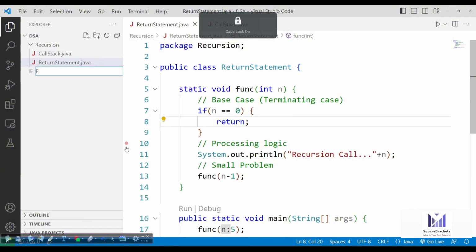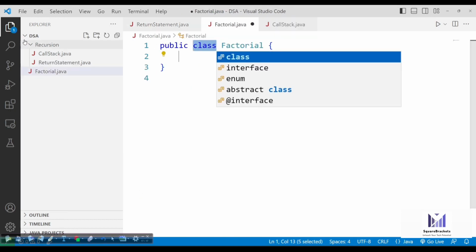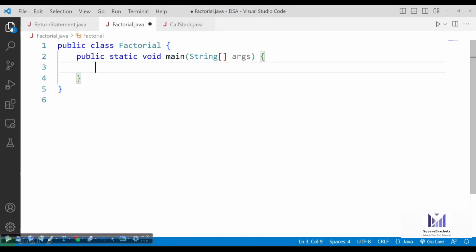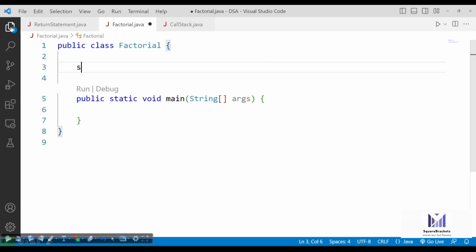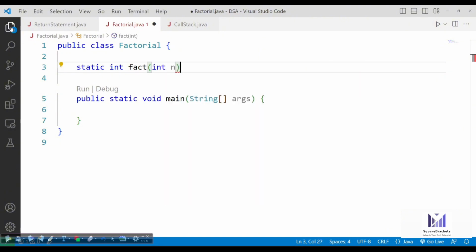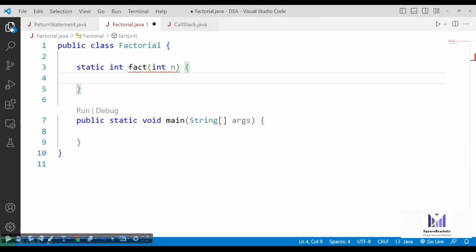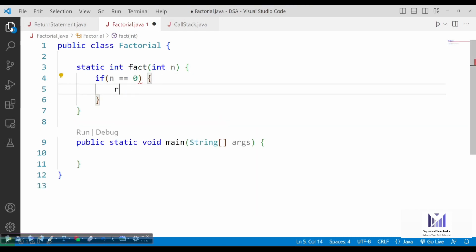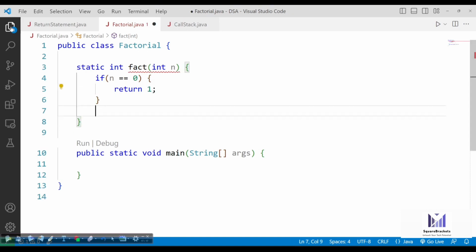So this is the factorial program. And now we have one function, static int fact. We are going to pass n. And now we can say that if n becomes 0, then simply return 1.